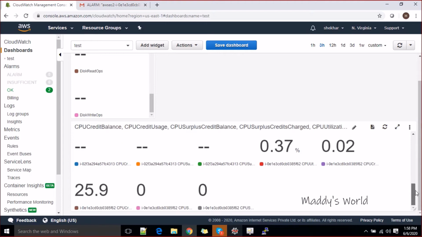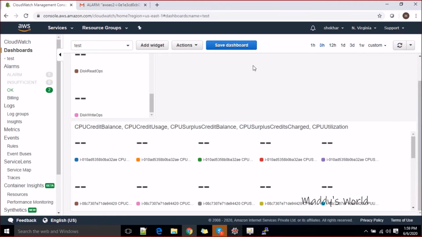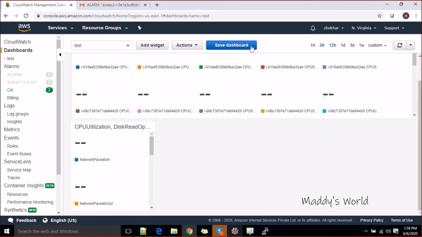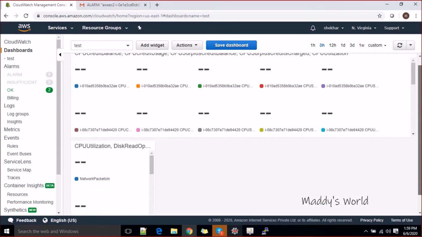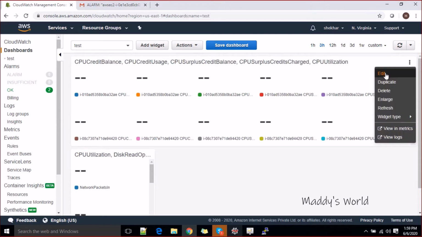Now I think everything is becoming a bit clearer to us. The last time when we used the CPU, it used some credit charges. So you can see here which is coming now, some of the credit charges which have been utilized by this instance. Now you can see this has been added. You can bring it up, you can bring it down, you can re-customize this. So let's say I'm going to edit it again. Go here, edit this widget,